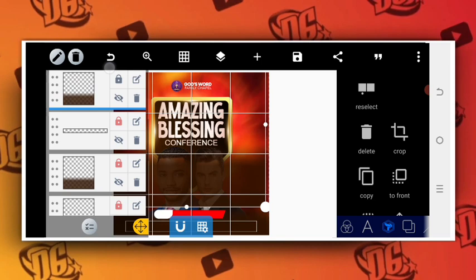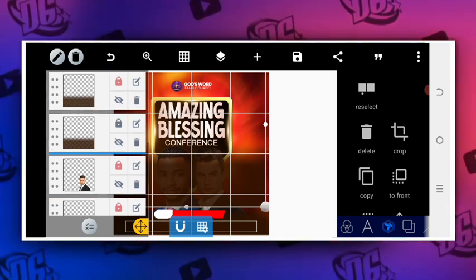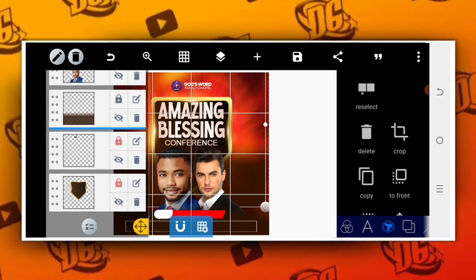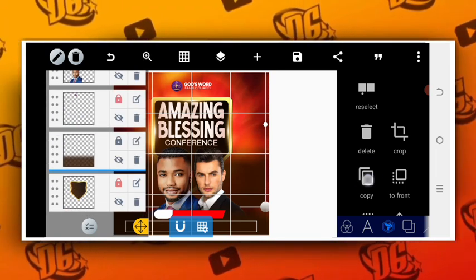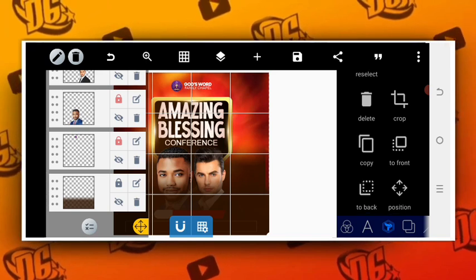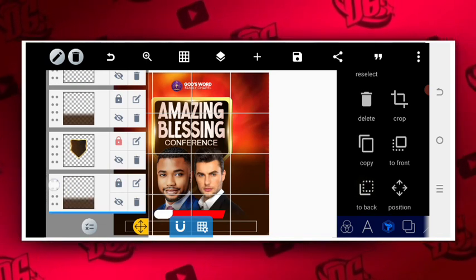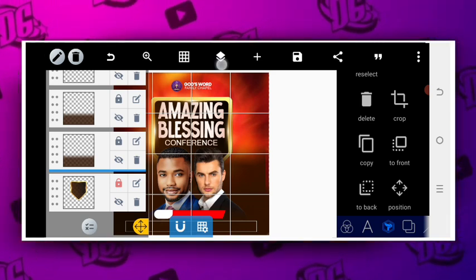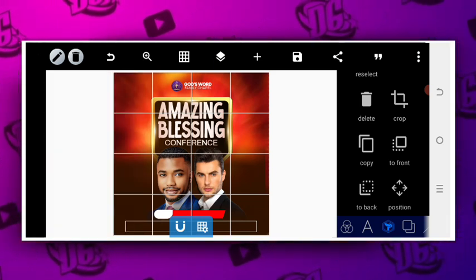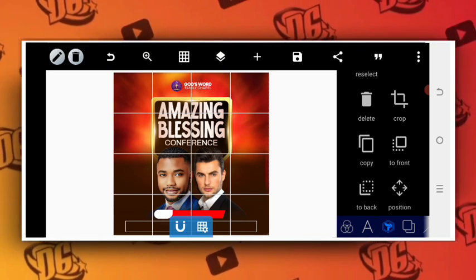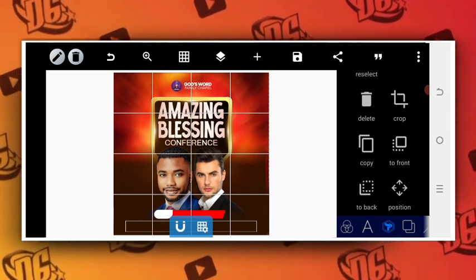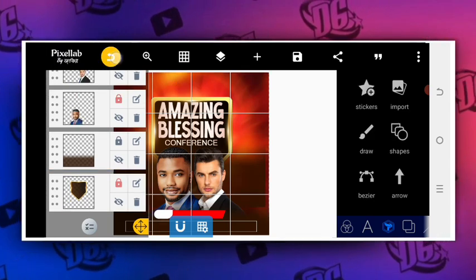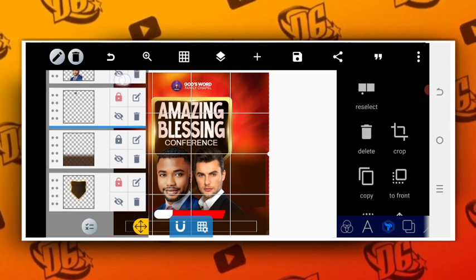Send it to the back. I will copy it as well, then send it to the back. So when you send it to the back, it should be on top of this. I will show you what I'm trying to do. What I'm trying to do is to try to cover something, but it doesn't work. So I will cancel it. Sorry, I will cancel that